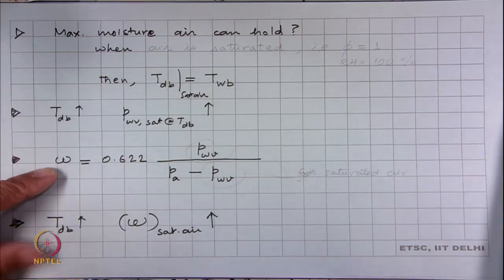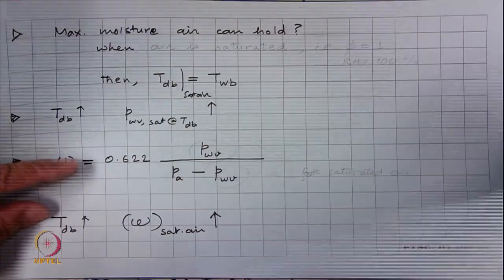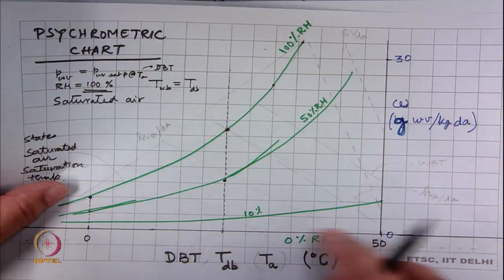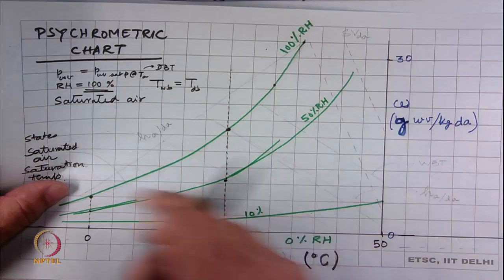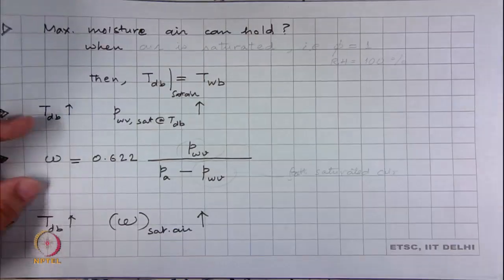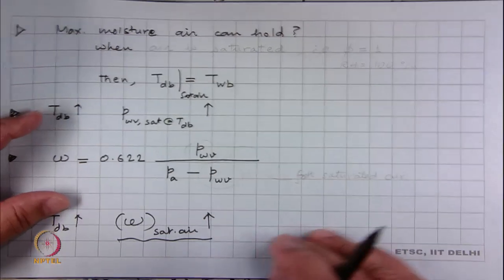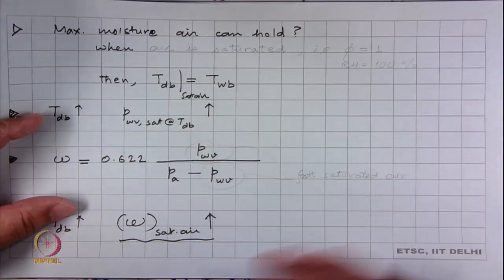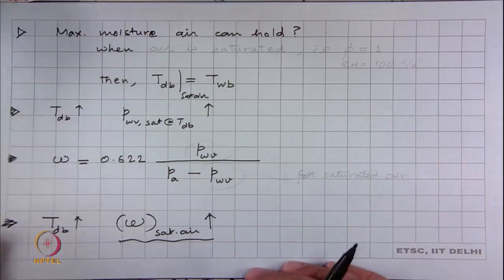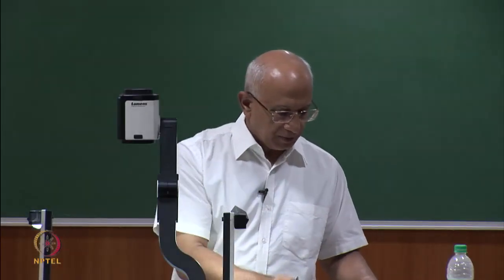So, that is how we got the other state points. This plot also tells us again that as dBT increases, the ability of the air to hold moisture is also increasing because of this graph. So, that is what it is. As dry bulb temperature increases, the humidity ratio at which air becomes saturated also increases. So, there is a monotonic increase in this. So, this was the iso relative humidity lines. Now, we look at iso enthalpy lines.